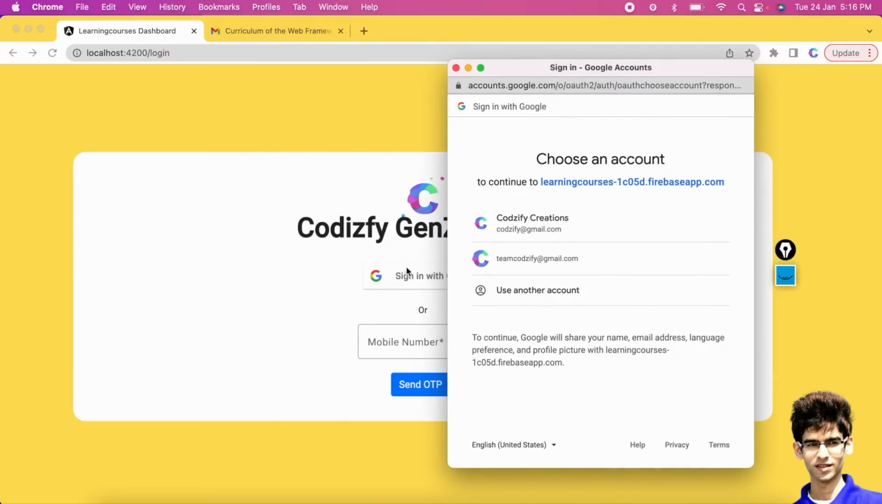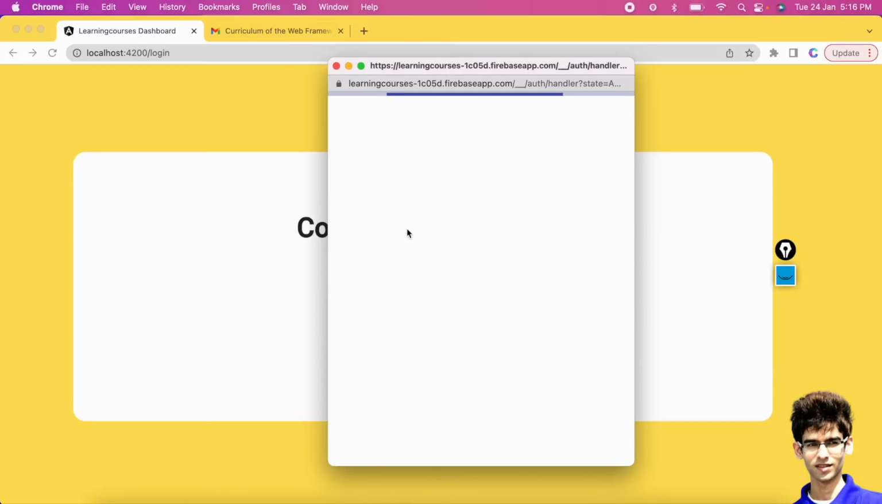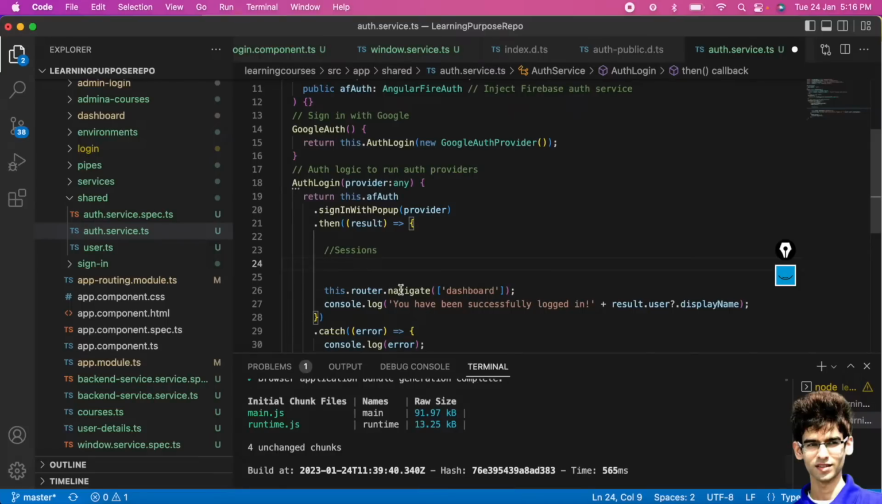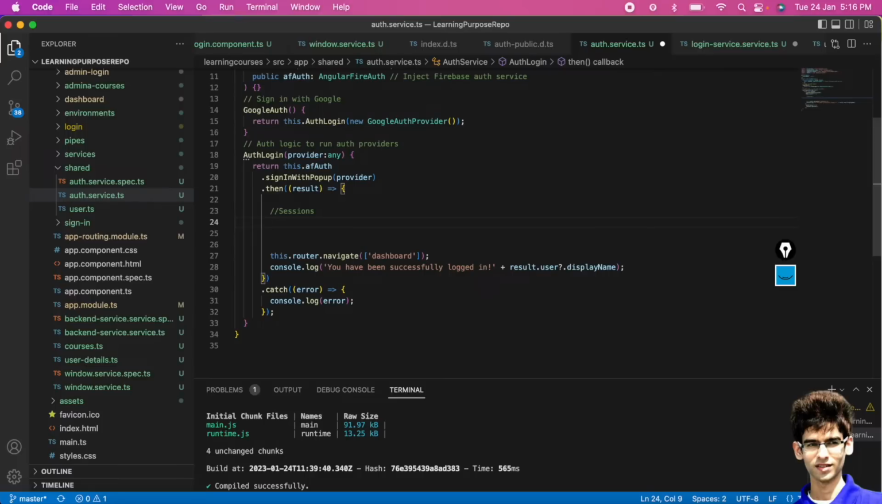Whenever we log in here, after selecting the account, this web app has redirected us to this dashboard screen, and all that is written inside this auth service. We have created this service in our previous episode. So whenever the user clicks on the Google sign in, a pop-up is displayed. That pop-up contains all your login information. Here inside this result we have